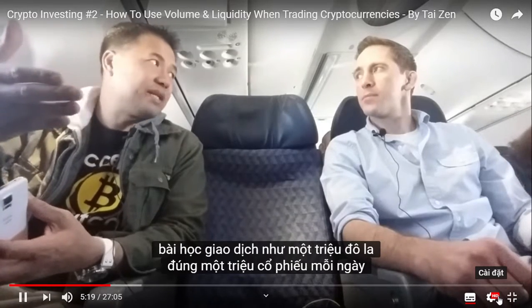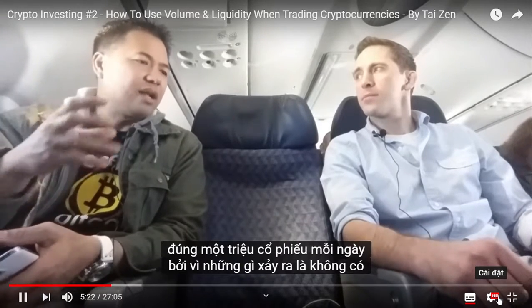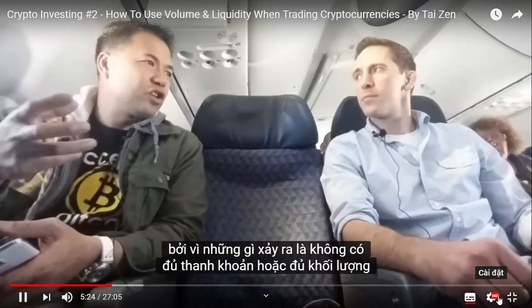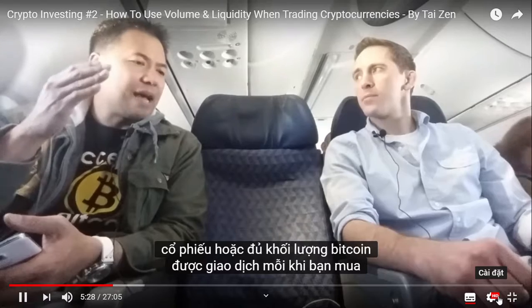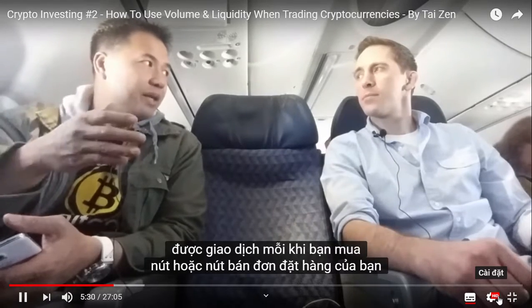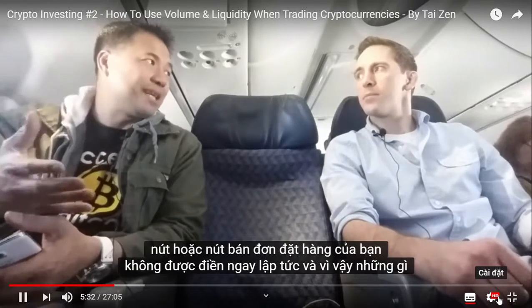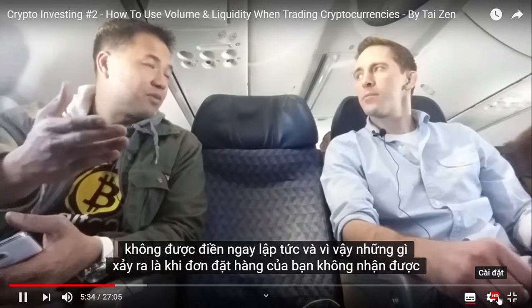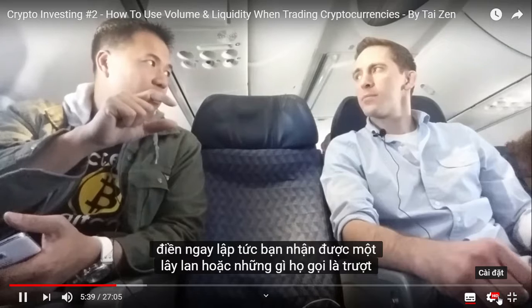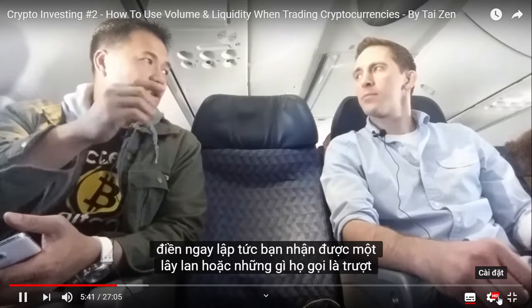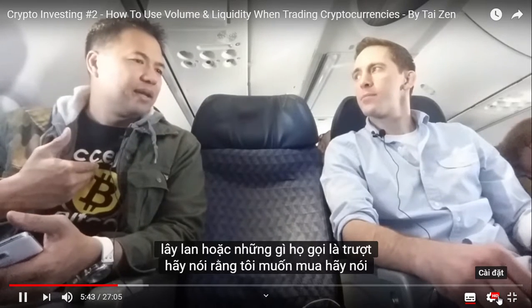Like 1 million shares a day. Because what happens is if there's not enough liquidity or enough volume of shares or enough volume of Bitcoins being traded, every time you hit the buy button or the sell button, your orders don't get filled immediately. And so when your orders don't get filled immediately, you get hit with a spread or what they call slippage. So let's say that I want to buy,